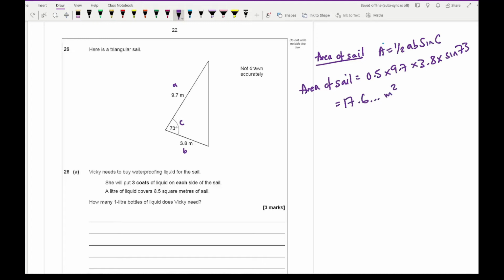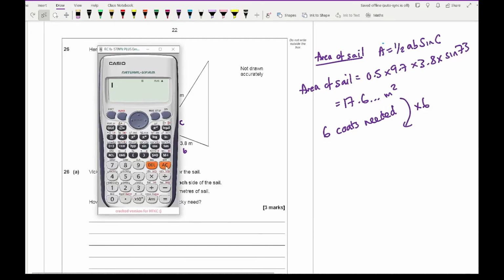Now for this, she's going to be painting 3 coats on each side, so I'm going to need 6 coats needed. So if I then multiply that number by 6, which I'm going to do now, let's just enter the whole formula in, so 0.5 times 9.7 times 3.8 multiplied by sine of 73, and that gives me my answer, and I times that by 6, and that gives me 105.748, so